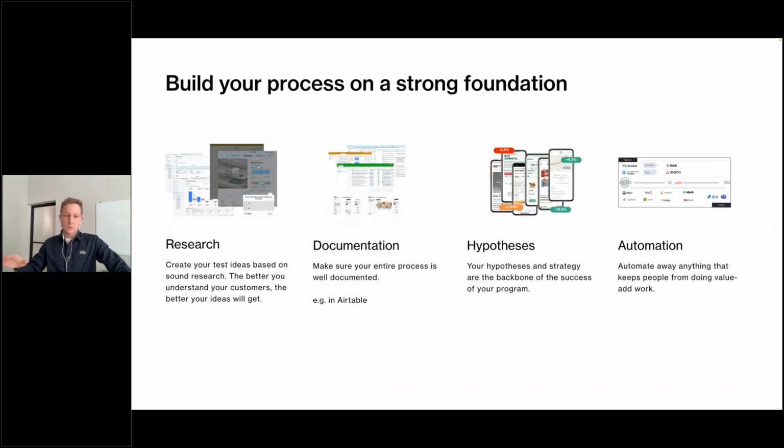So that's enough about us and how we do it, but let's go a bit into what the foundations of a process are. And I mentioned it before, it's research. This is one of the things that I skipped so many times, but it can provide so much clarity and so much information that you